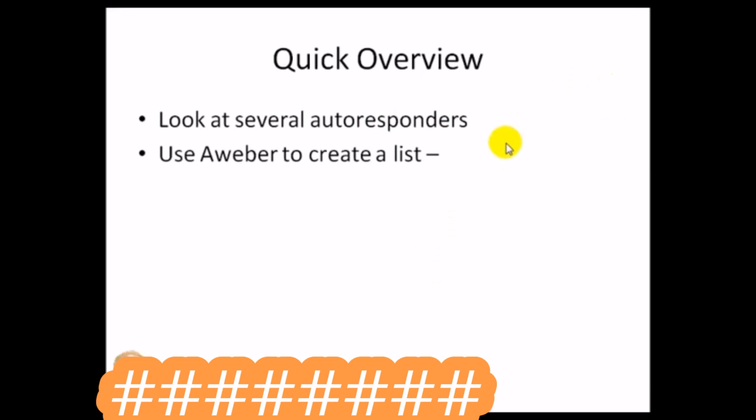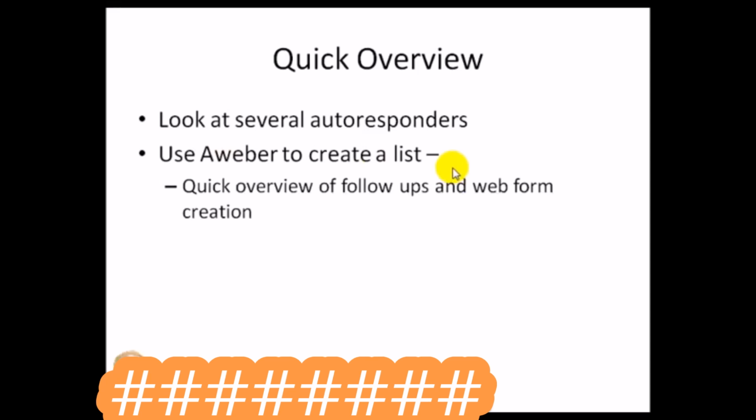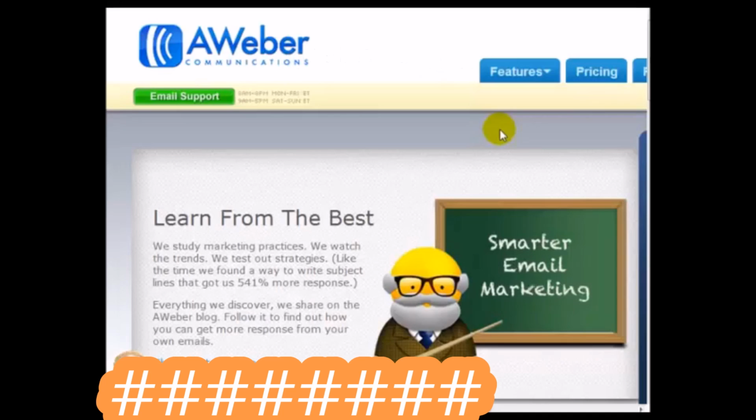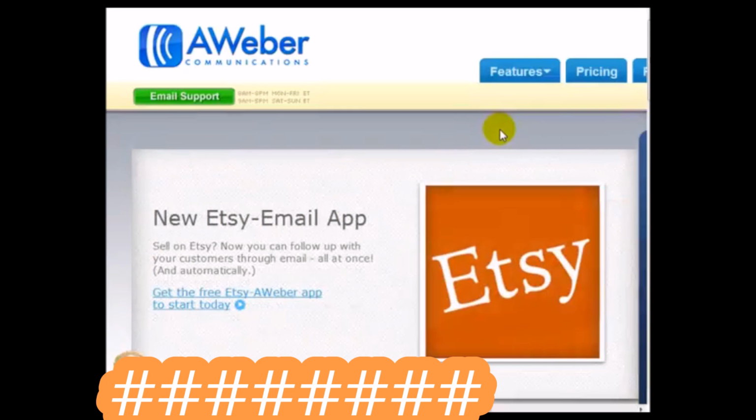Now, in this specific video, we're going to be using Aweber, which is a specific autoresponder, to create a list. And then I'm going to give you a quick overview of creating the follow-ups and talk about the web form creation. We're going to create the web form, grab the code, and add it to the WordPress sidebar. Now, while I highly recommend that you go to Google and forums and figure out which autoresponder is best for you,